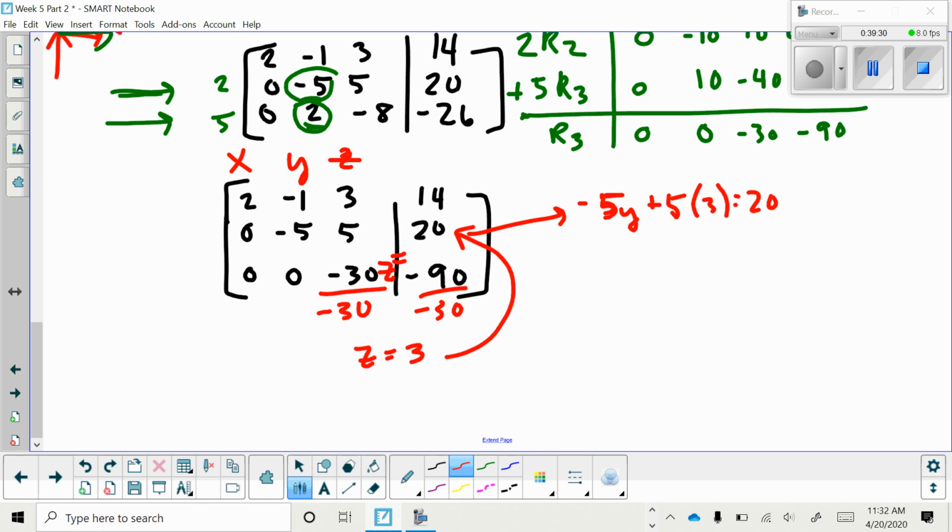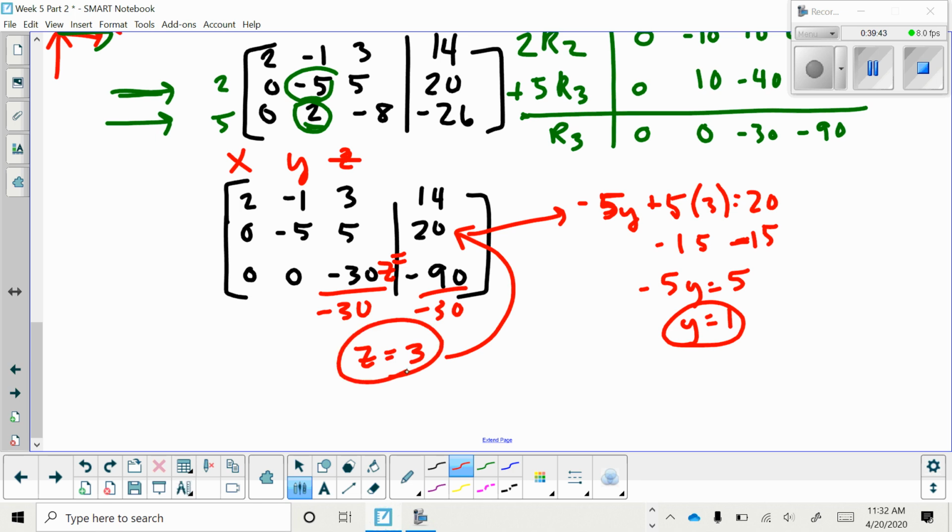That's plus 15. I subtract that from both sides. And I have -5y equals 5. Divide by -5. Y equals -1. Sorry, y is negative. So then I take those two things, the y and the z, and I back substitute